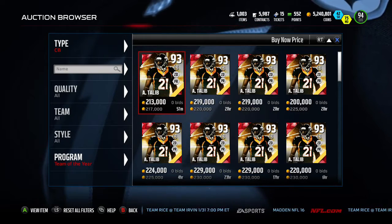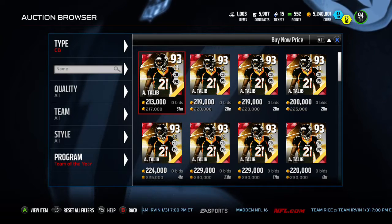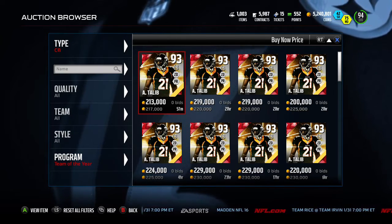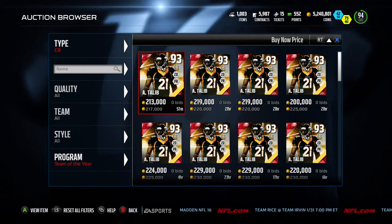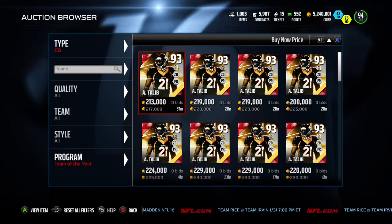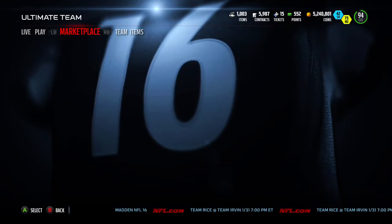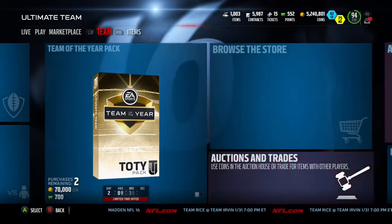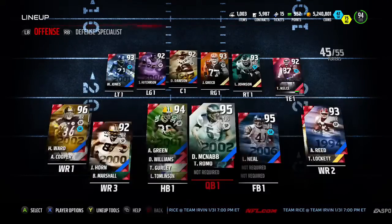I think these are going to maximize on their price probably sometime during this promo. I think this weekend we're going to get some better cards, and 2 weeks from now, a lot of these cards are going to be worth significantly less than they are right now. So if you guys are looking to add any of those dudes to your squad, I would try to be patient on them, unless you're spoiled and you have 5 million coins in a 94 squad,